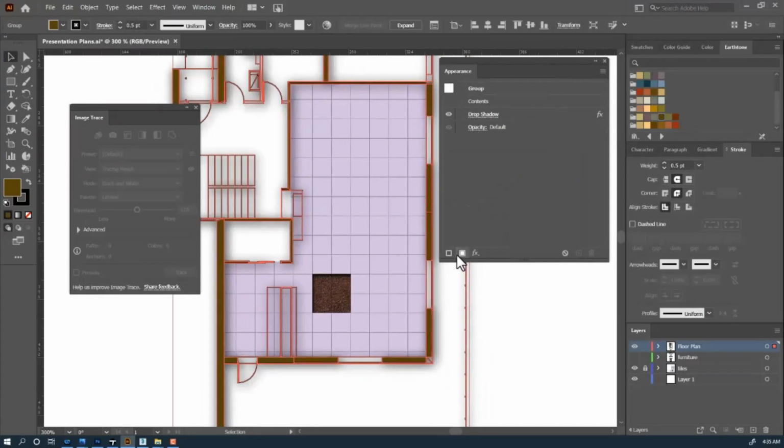And the great thing about that is that it actually remains there, so I can go back to edit that shadow at any time, or I can add additional